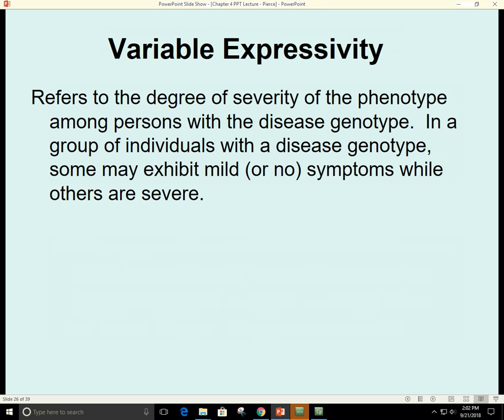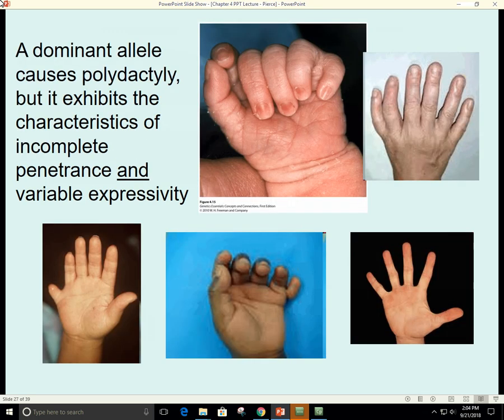So there's an assumption here that the individuals who have the genotype also have the phenotype, but they might have the phenotype very severe or they might have the phenotype very mild. And isn't it possible that somebody has a phenotype so mild that they would be classified as not having it? It's possible. Now, for polydactyly, I guess it's not, but